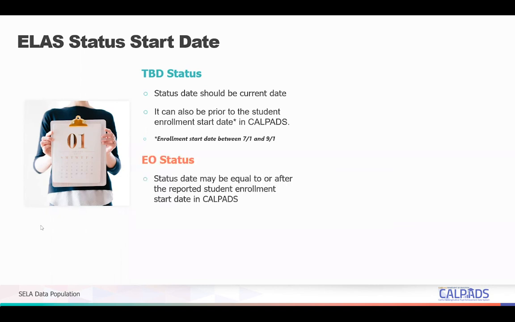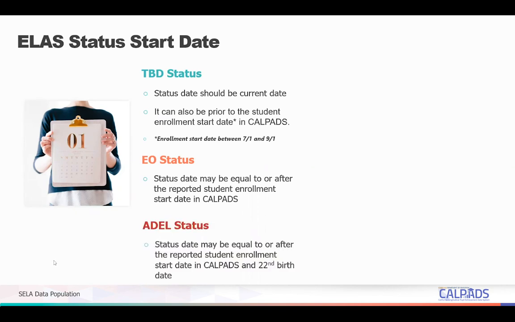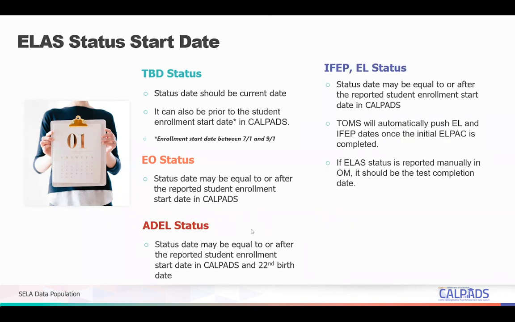For EO status, the status date may be equal to or after the reported student enrollment start date in CalPADS. For ADEL status, the status date may be equal to or after the reported student's enrollment start date in CalPADS and 22nd birthday. For IFEP and EL status, the date may be equal to or after the reported student enrollment